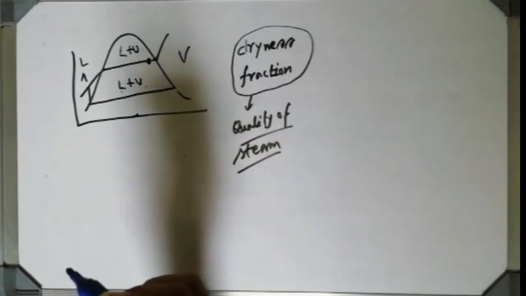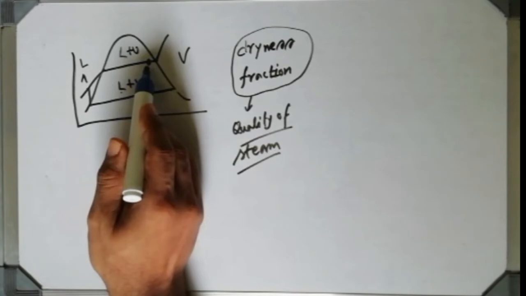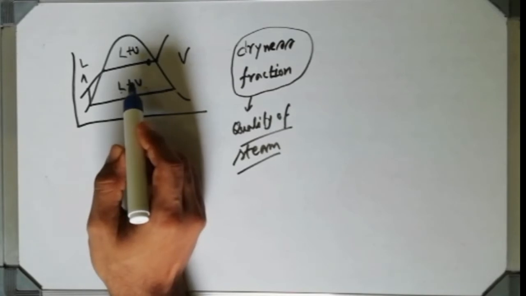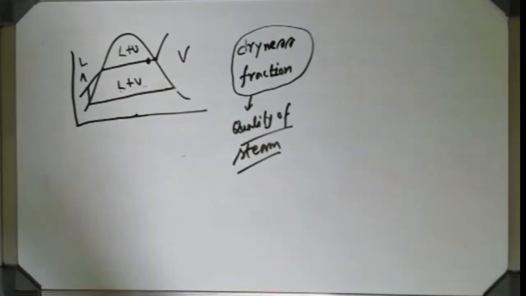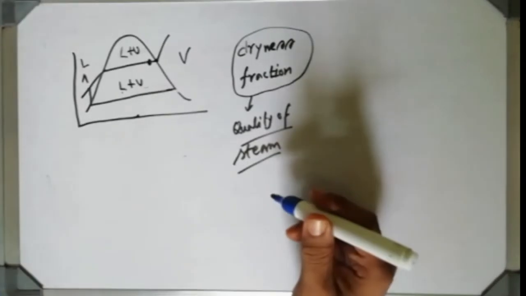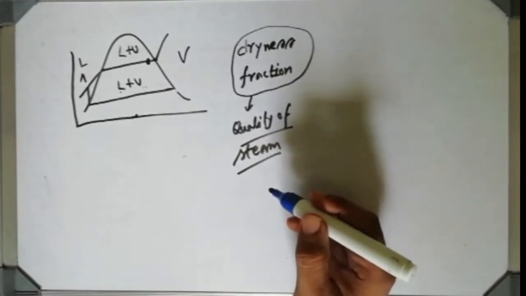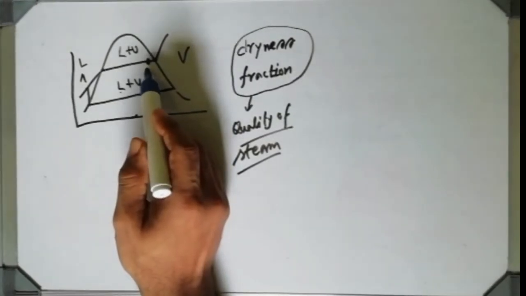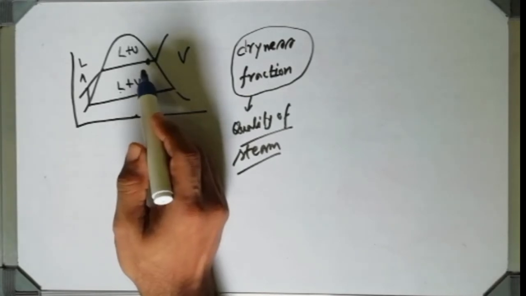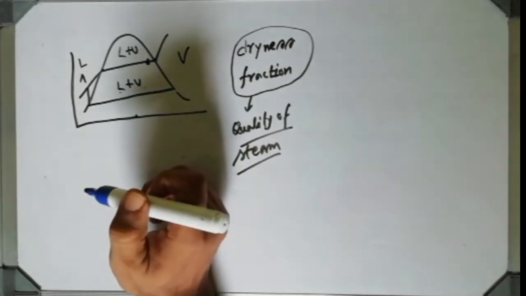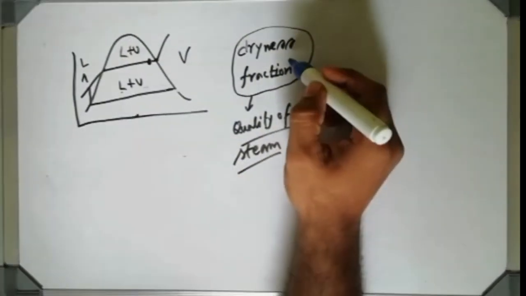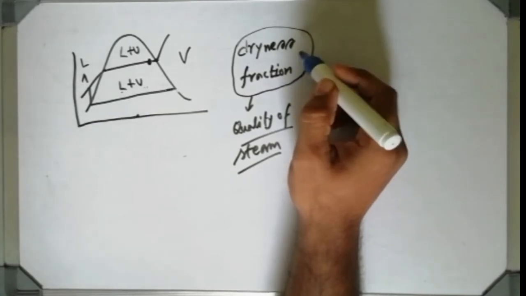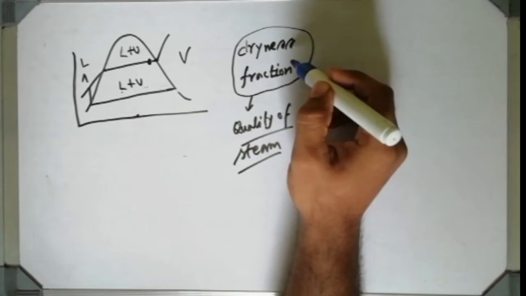Obviously we all know that if the steam is having moisture with it, then that moisture will corrode the turbine blade if you supply it, because moisture is a source of corrosion. So the turbine blade will be corroded, and also if the steam is having lots of moisture inside it, then the enthalpy values will be low. So it will also be a very harmful thing. That's why the dryness fraction is a parameter which gives you the value by which you can understand whether that steam is completely dry or some moisture is there.